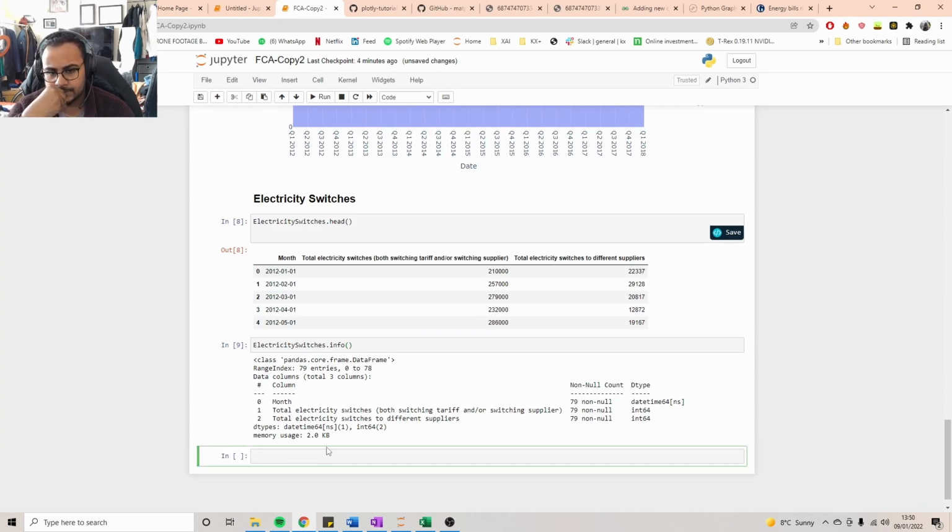So what we can do, because we have total electricity switches, both switching tariffs and switching suppliers, but we just have switches to different suppliers, I would like to create a new column which gives us just the number of customers that have switched tariff. So that would be electricity. So let's create a new variable called switch_tariff equal to